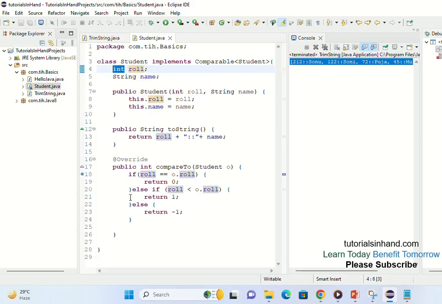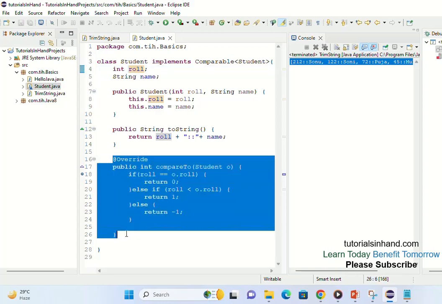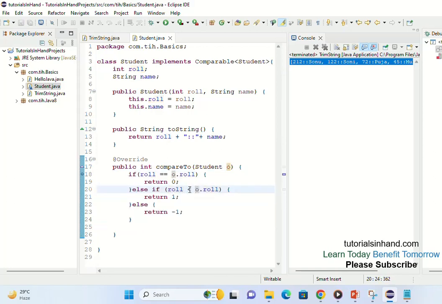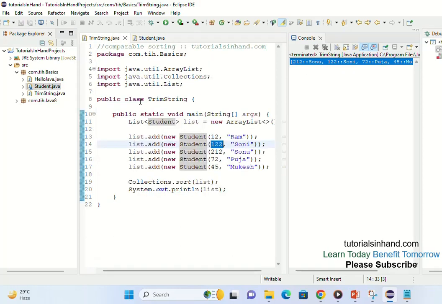If it is int, you can easily sort it on the basis of this one, and this is something which is standard and you can write it every time, right? You can change this one to greater than and less than if you want to change the order of sorting, and that will be all, and you will be able to sort each and everything.